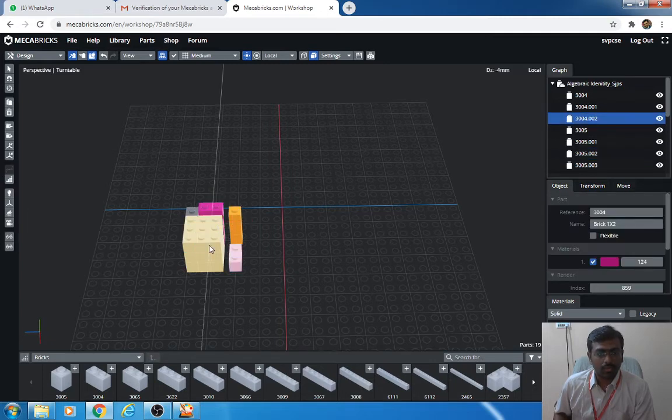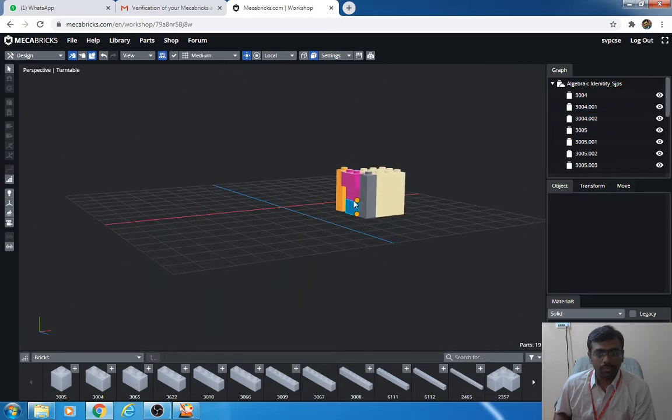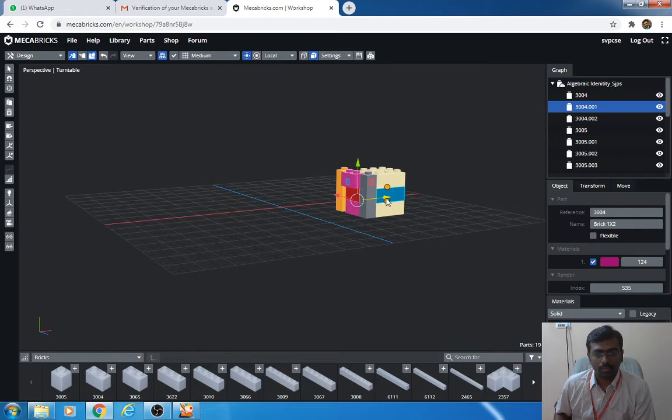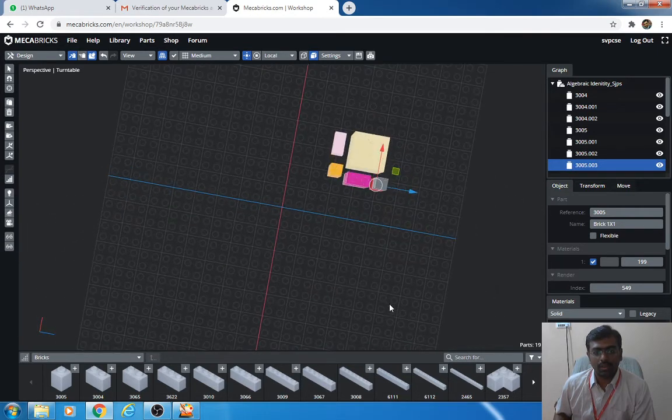Unless you are practicing well, you can't understand this.